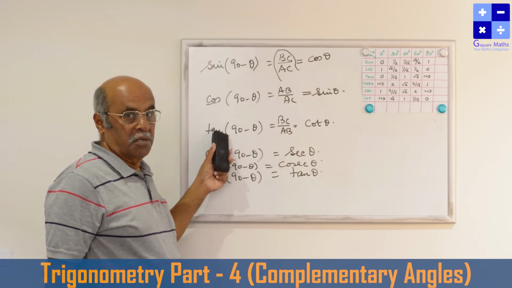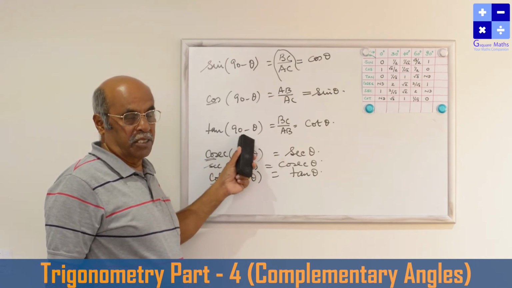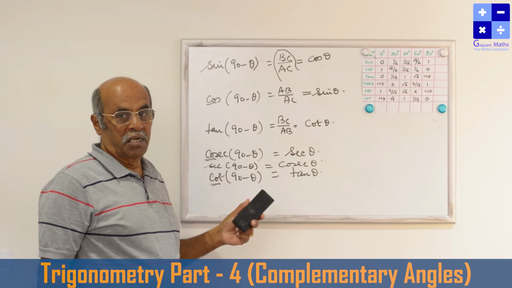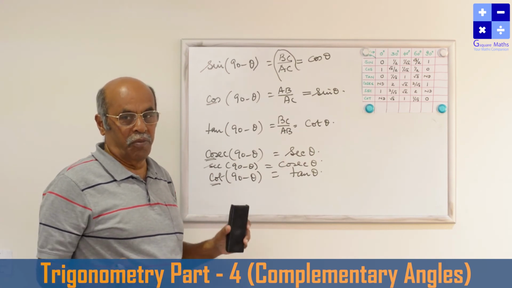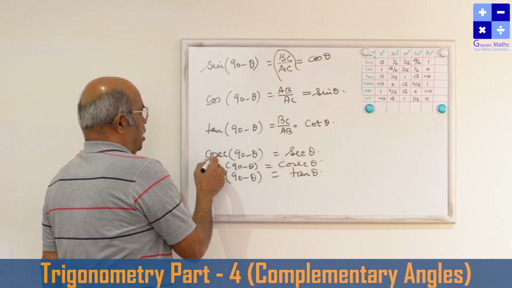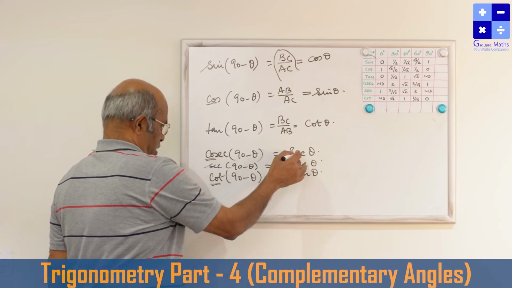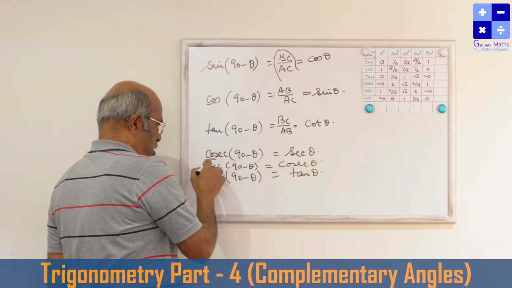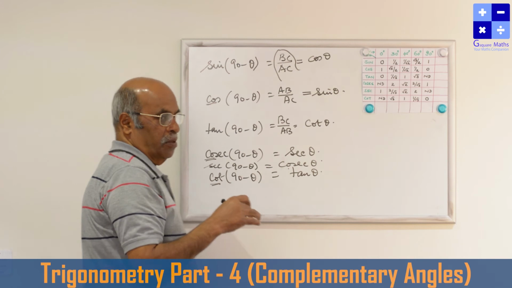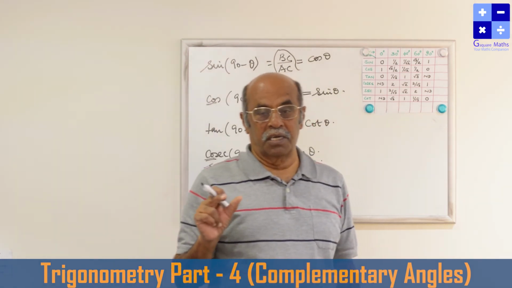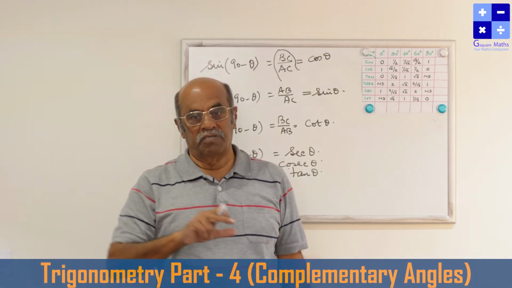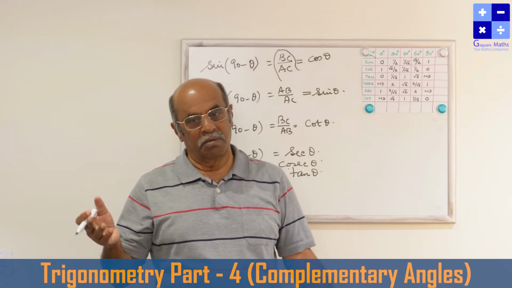Now come to this. Again, tan 90 minus theta, there is no CO. Add CO with that. These are simple abbreviations, how to remember the formula, that's all. Add CO with that, so it is cot. Similarly, here the cosecant, CO is there, delete CO, sec. Sec 90 minus theta, CO is not there, add CO. Cot 90 minus theta, CO is there, delete CO. So if the angle is in the first quadrant, for the complementary value, if CO is there, delete CO, if CO is not there, add CO, that's all. You will remember the formula.